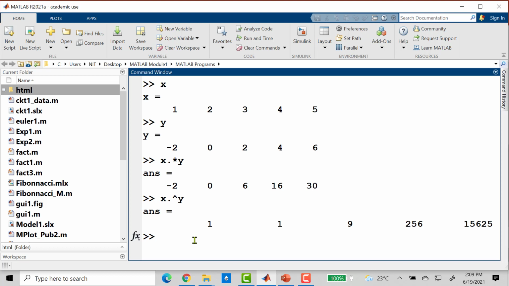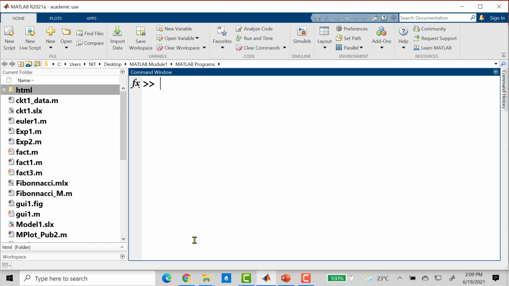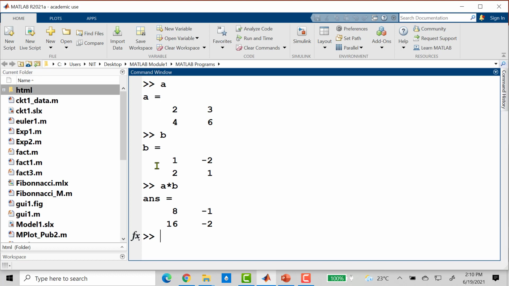Similarly, when you have, let's say, a two-dimensional matrix, let me create another matrix. A is this, and B is another matrix like this. Once you have this, if you do A star B, that is A multiplied by B, it means matrix multiplication. 2 3 multiplied with 1 2 will lead to 8. So this is following the law of matrices. Once again, this multiplier is a matrix multiplier in this case.